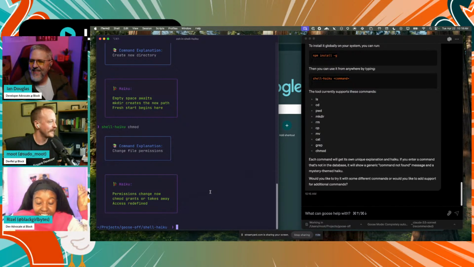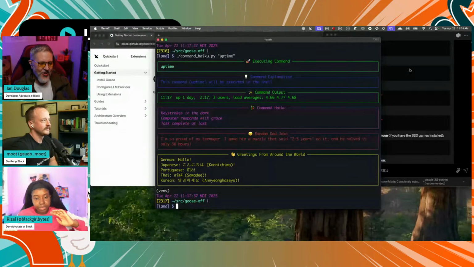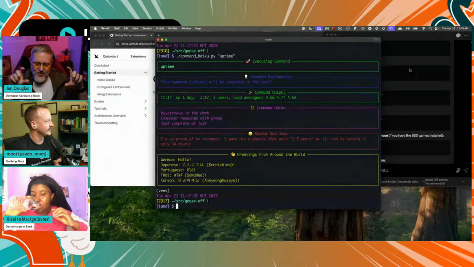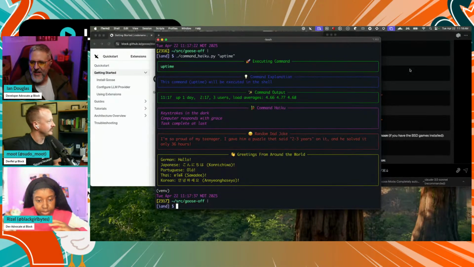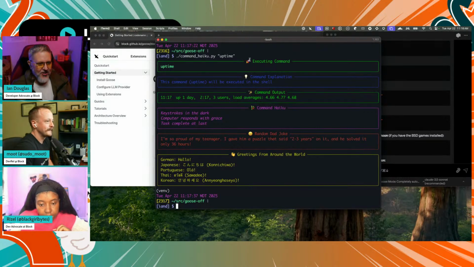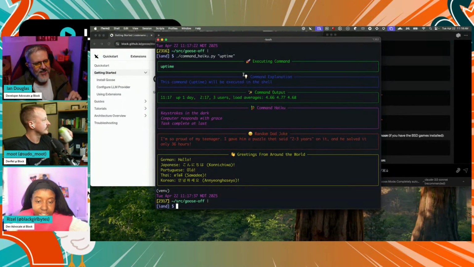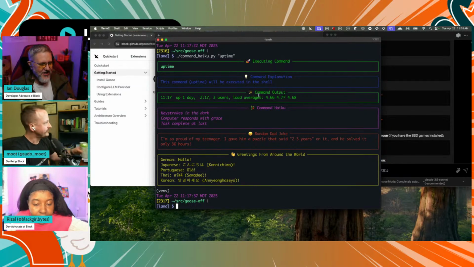Ian, did you make any changes by any chance while we were gone? I did, yeah. So I had it pull up a random dad joke from a dad joke site. And it's also showing a little greeting panel at the bottom to people in different languages. And Goose also added these little emojis on the box here as well. So we got the rocket ship on the command, we got the little light bulb to explain what it is, and so on.